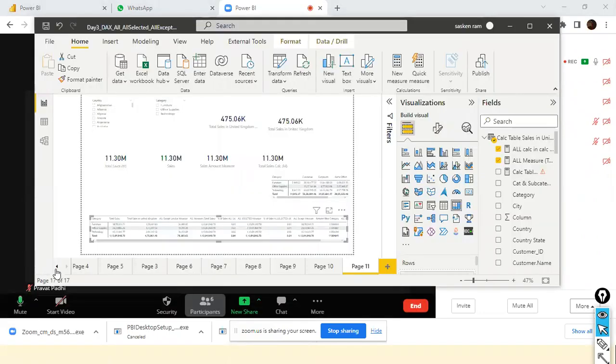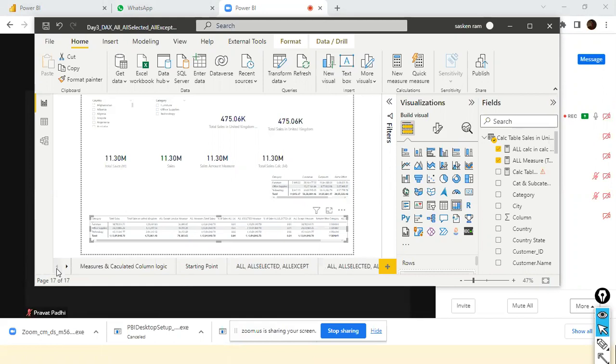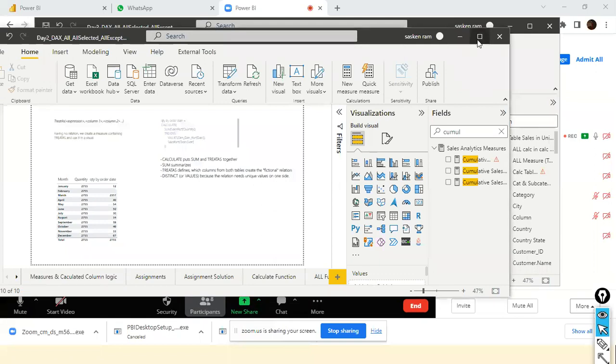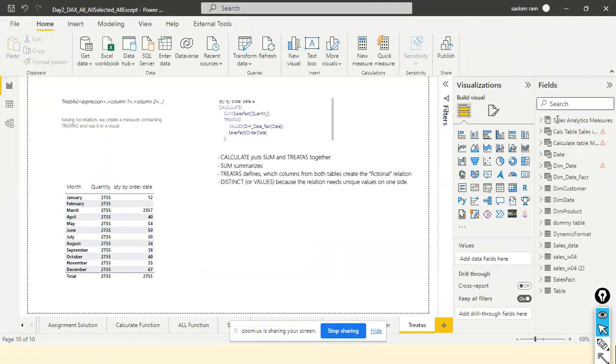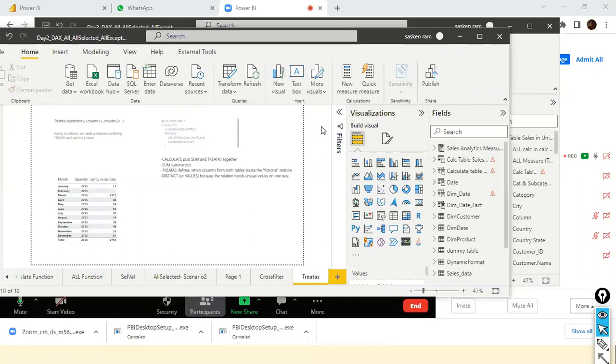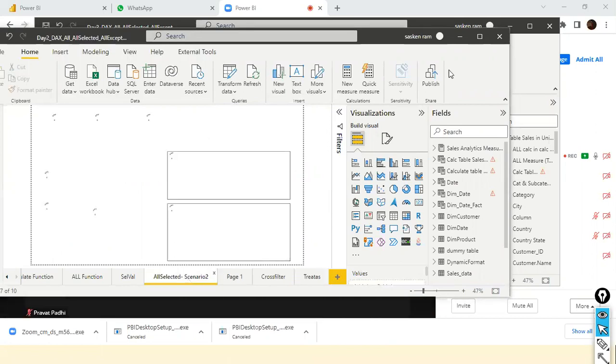Okay, here what I will do is I will just, otherwise we will create the new one. I thought of taking the previous one and explaining with that one. Anyhow, it is display measures automatically. It is not coming. So let me just do one thing. Okay. Yeah, I was talking about this one, the all selected